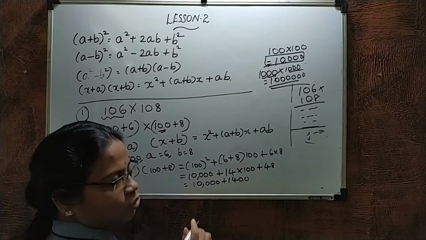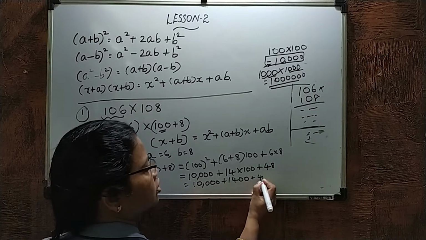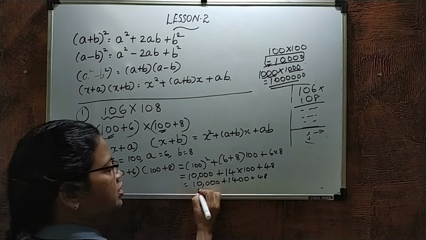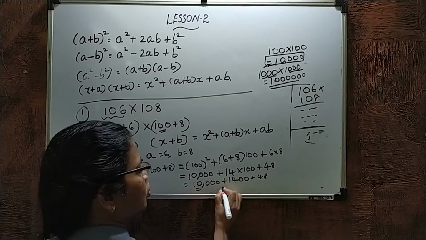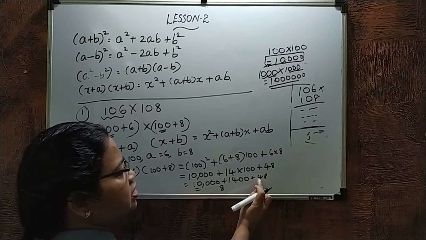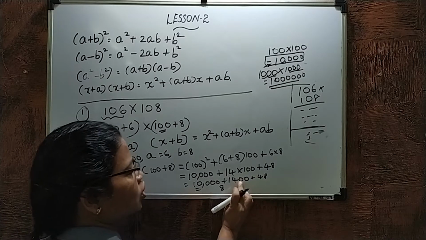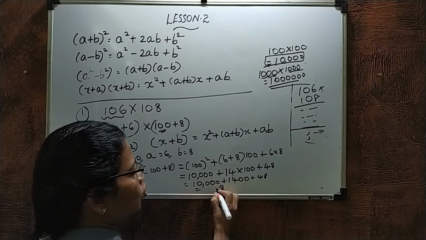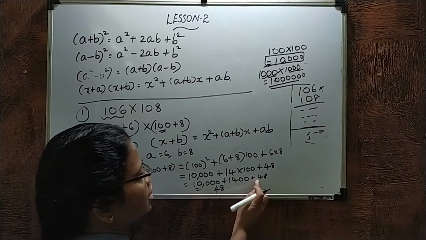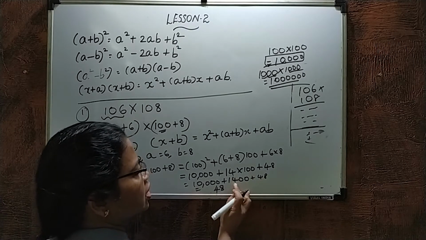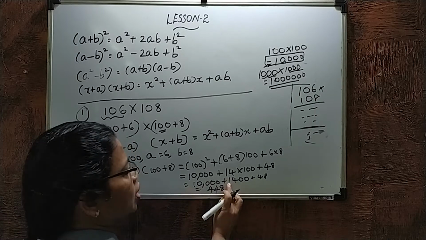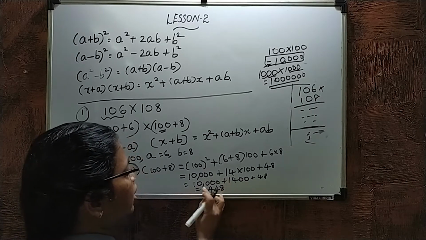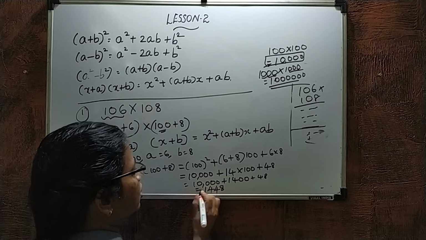Now 14 plus 48. Just add: the ones digit will be 0 plus 0 plus 8, you will get 8. Tens digit is 4 plus 4, 0, 4. Hundreds digit, here 4 is there and here 0, so 0 plus 4, 4. Thousands digit is 1 and here it is 0. Okay, ten-thousands digit is 1.